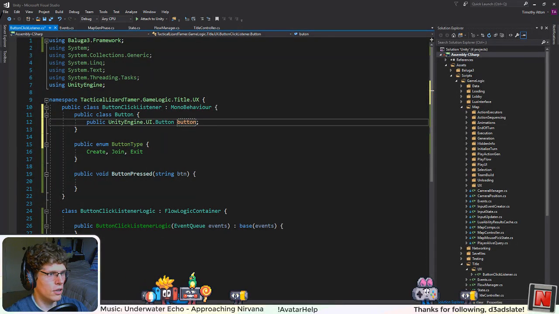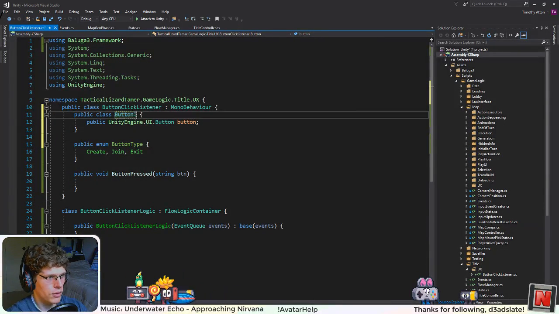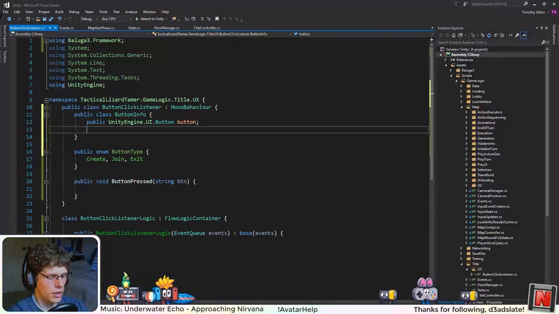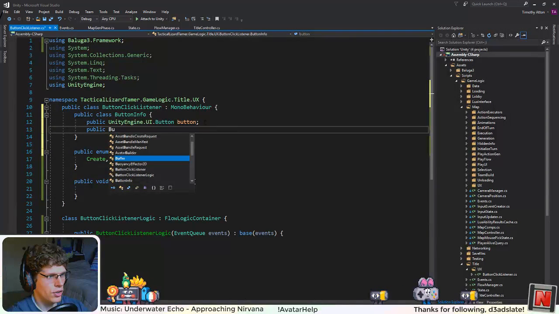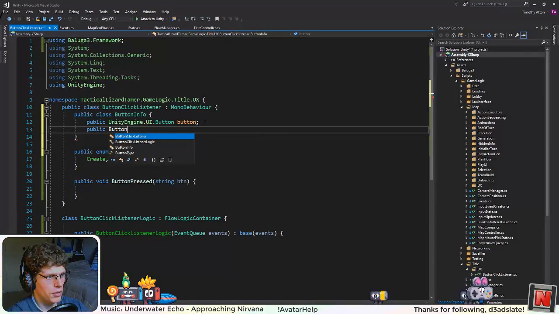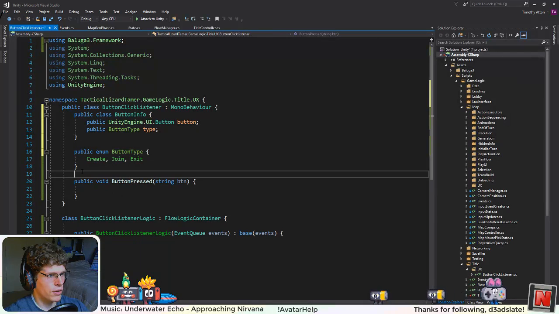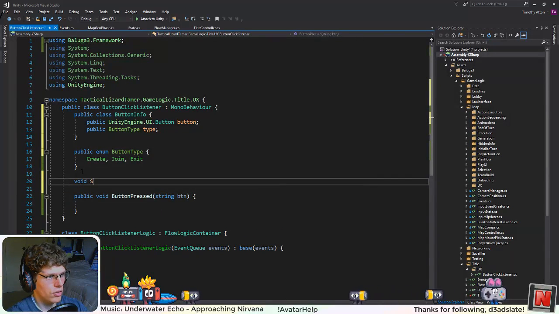It's not how you spell button. I guess let's be good and rename this as well. So this will be button info, and then I'll just attach a button type to it. Okay, so I'll have all this, and then on start,